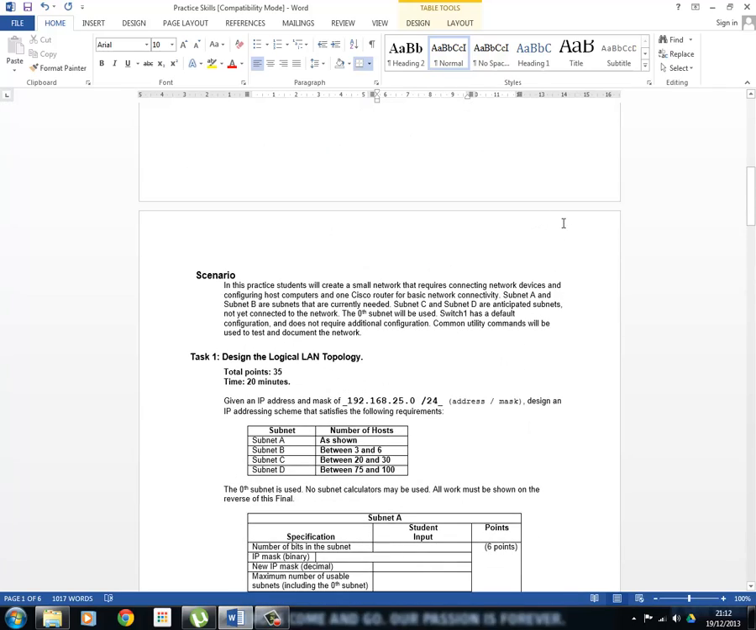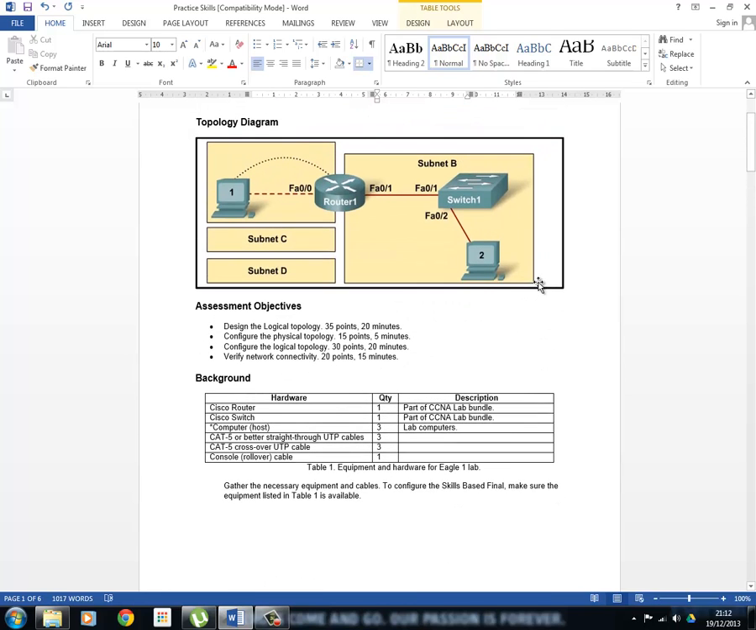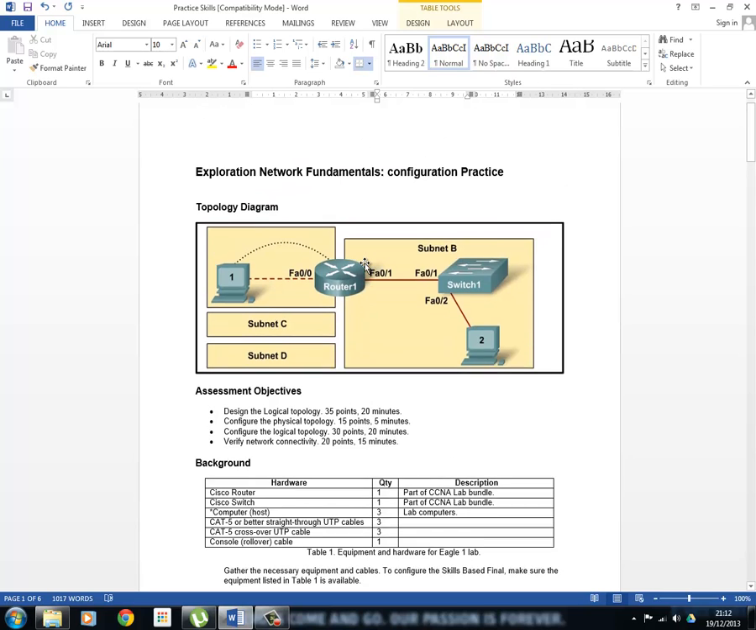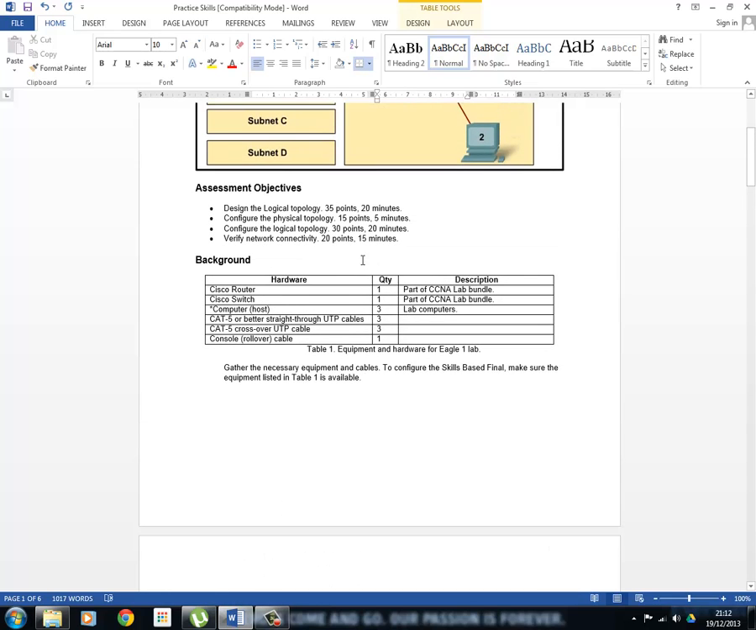Okay, this is a nice little logical LAN topology that we're actually going to be creating here. This is the diagram that we're going to be working with, and as you can see, there are actually 4 networks. We've got network A, network B, network C, and network D. Just above it here, it will actually